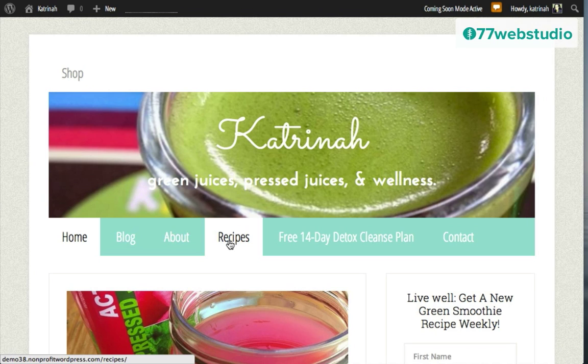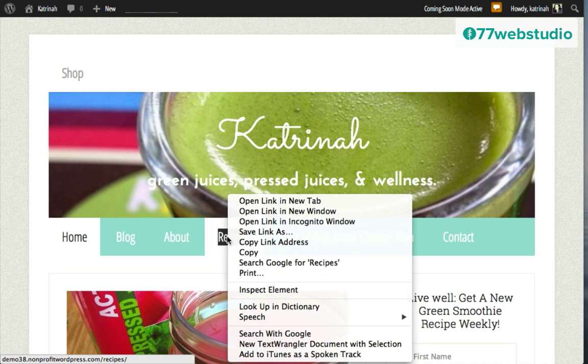Now the next step is I want to change this green background to a white background. We also need to change the color of these menu navigation items, and finally I want to capitalize all of them. So we've got a few more styling elements to change on the top and secondary menu items. So let's start with the green background since that's the most obvious thing. I'm just going to open up Inspect Elements right here.